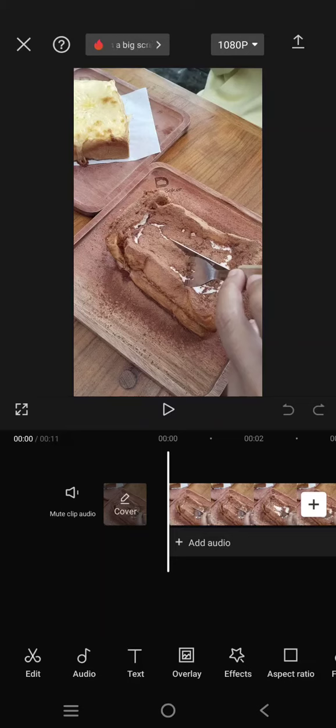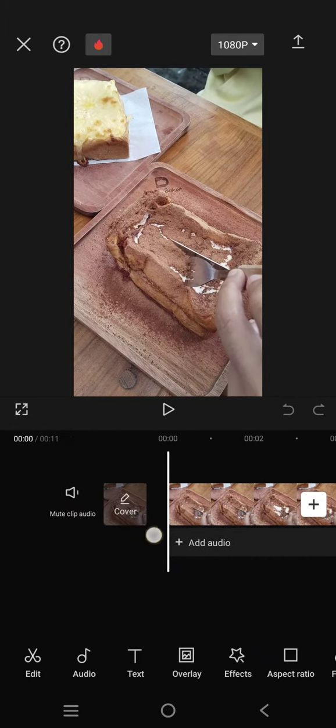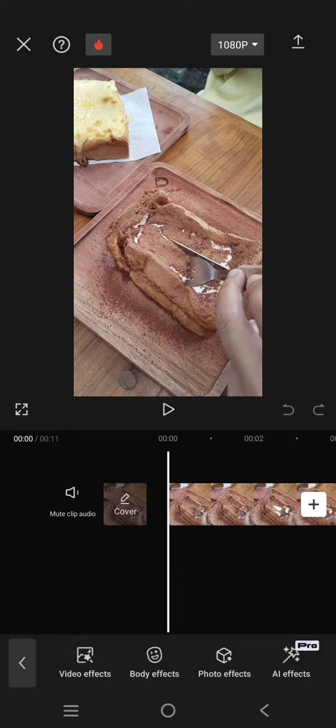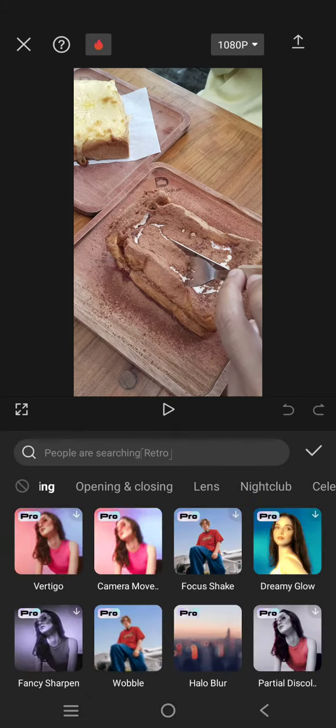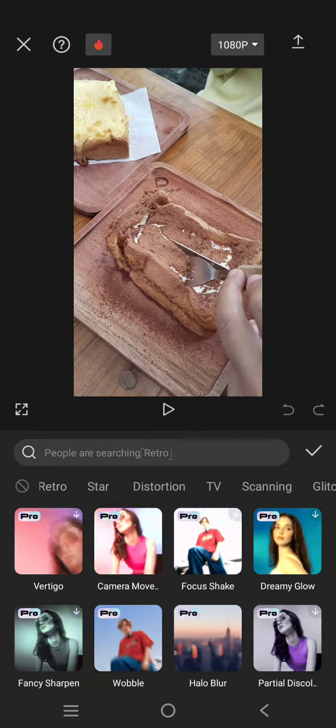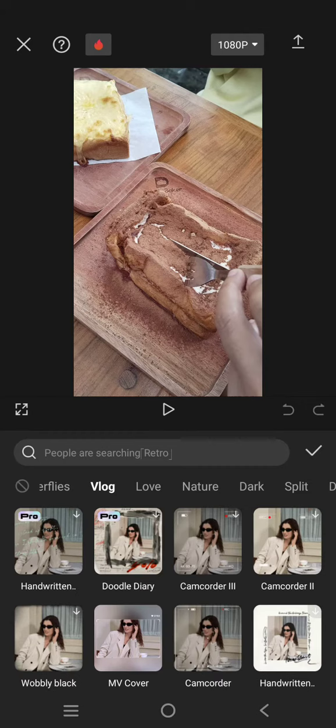On today's tutorial, I'm going to show you how you can easily add Instagram post frames to your videos in the CapCut mobile. So just prepare your video that you want to add the Insta frame, and after that just click on Effect, Video Effect, and here swipe through the category, then select a D vlog category, this one, and